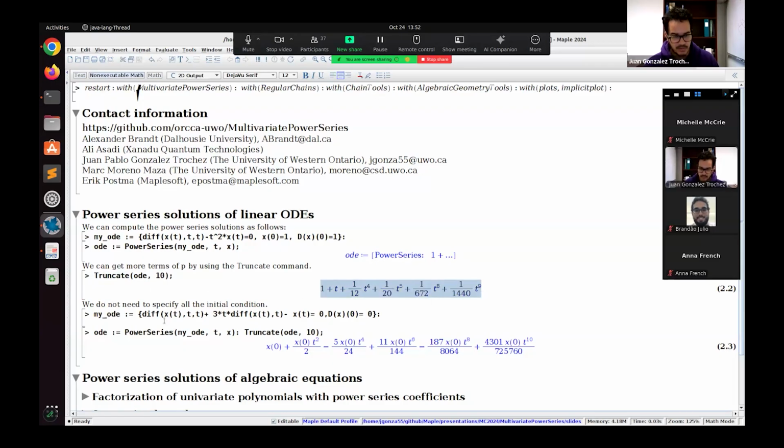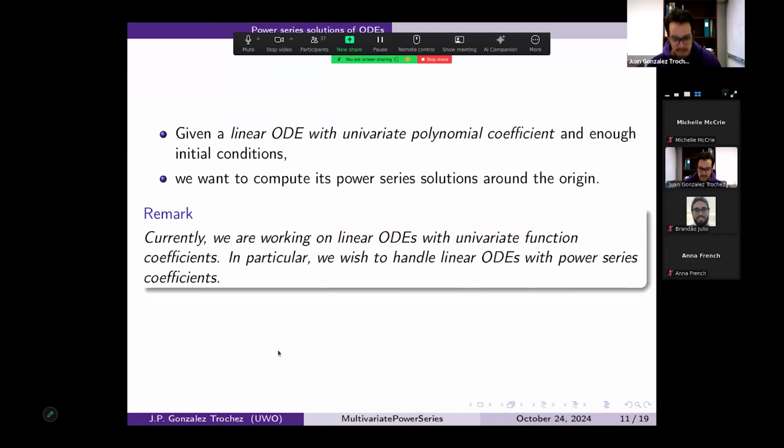As a second example, consider this ODE where we only have some initial conditions. The PowerSeries command will be able to accept this information and compute the power series solutions, but note that the missing initial conditions are considered as constants here. Now, if I go back to my slides,